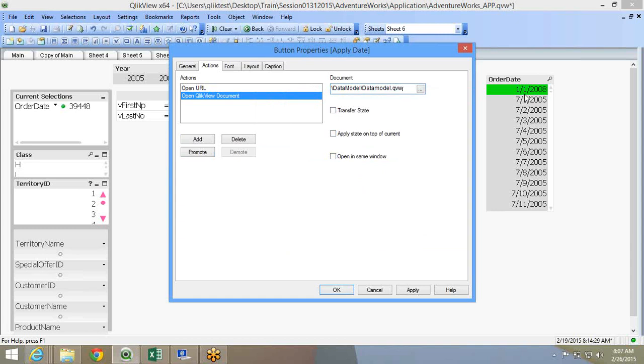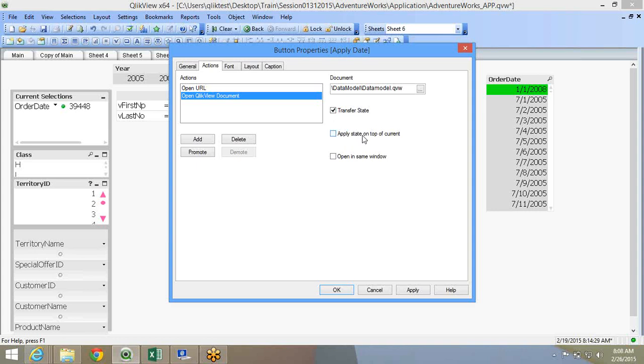Transfer state is, I have selected order date as 1/1/2008. Then I say transfer state, when the document opens, even in that document, the order date will be selected as 1/1/2008. When you use transfer state, all the other selections in that application will be cleared and only order date will be selected.